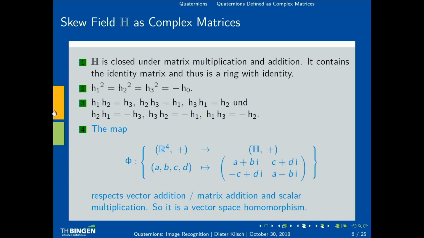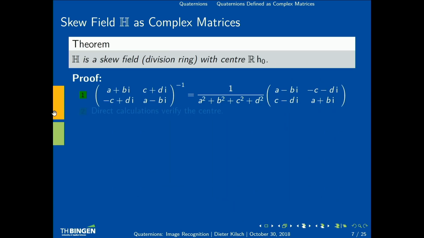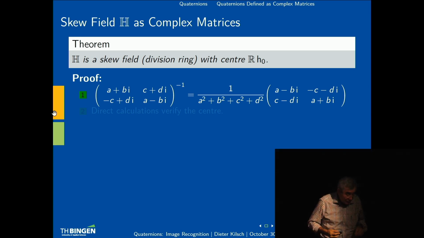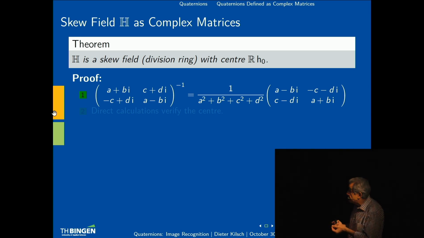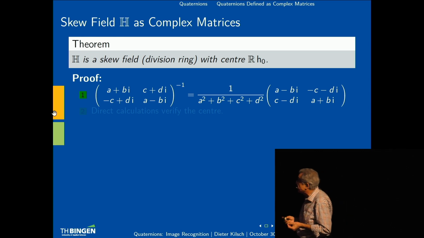Okay, so in a way, we have 4 real numbers, and we map them on the Hamiltonians, and this map respects vector addition, matrix multiplication, and scalar multiplication. So it's a vector homomorphism, and this is really the model which we take later on. We look at the real numbers with the correct multiplication, and then we have the Hamiltonians as a 4-dimensional real space. We must think about the inverse, because in a skew field, every element has an inverse,